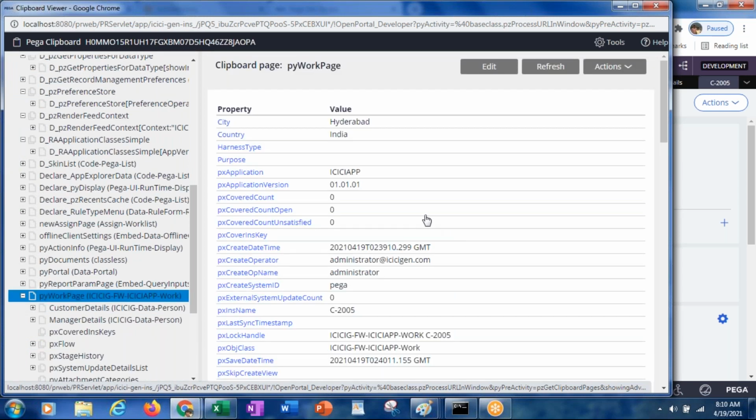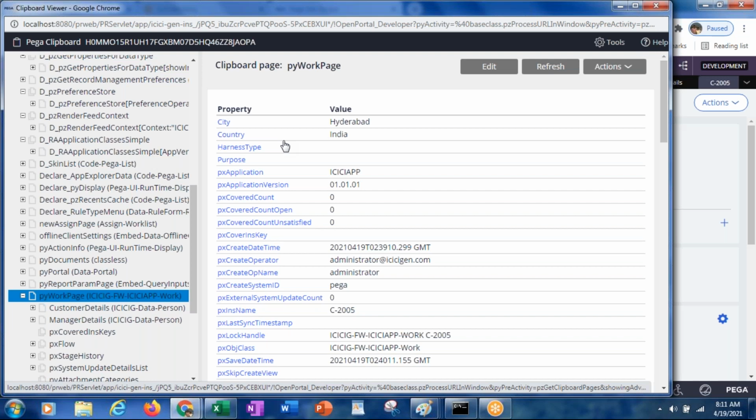Okay, see under the PY work page, you only have city, country. But you don't have first name, last name. Why? Because I did not enter the values for that, right? I did not even refer to those properties in the user interface right now. But from where I referred? Customer details dot first name, customer details dot last name, customer details dot gender, customer details dot date of birth.